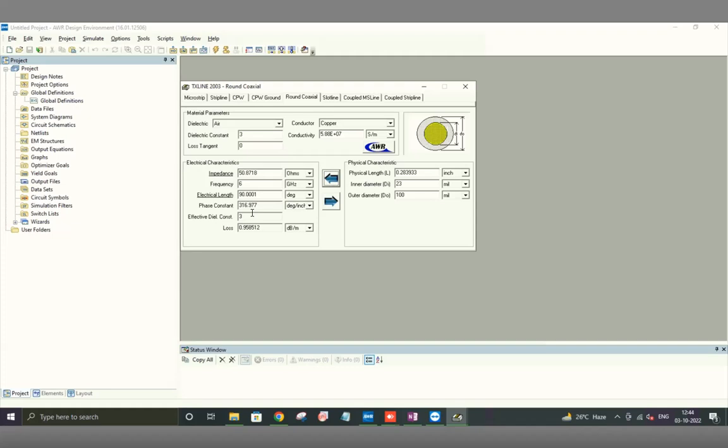So what changes in other geometries? In other geometries, the fields will exist both in the dielectric and also in air. These are usually cases which are circuit board type of transmission lines. Okay. You'll see some examples just in a